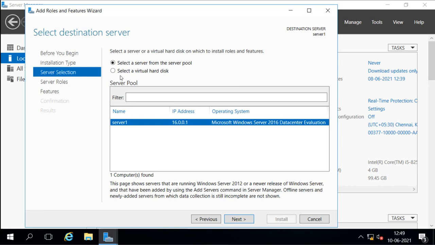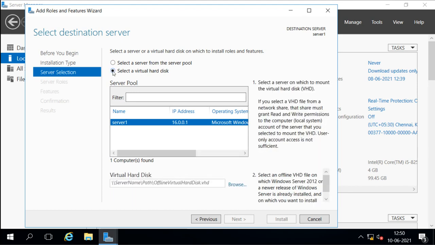Then we also have one option here, called select a virtual hard disk. If you select this, it will give you the option to select a virtual hard disk. Virtual hard disks are for virtual machines. These .vhd files are for virtual machines. If we create a virtual machine, we create the virtual disk with it too. Like a real machine has a real hard disk, a virtual machine has a virtual hard disk.